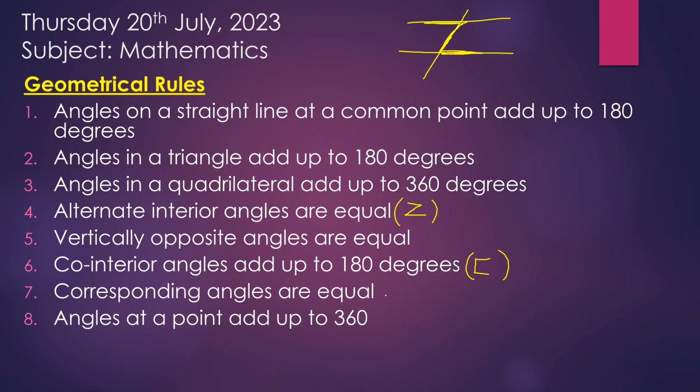Corresponding angles, what shape? Give us an F shape. Very good. Corresponding angles give us the F shape. Does it have to only be a forward-looking F, or could it be a backward-looking F? It could be a backward one as well. Very good. So those are our exhaustive list